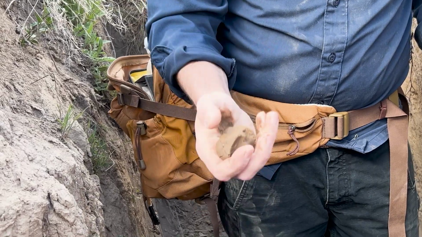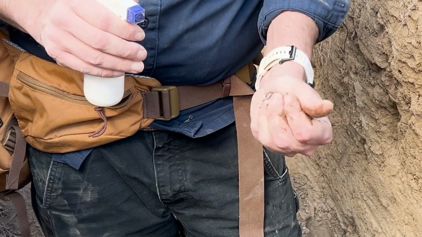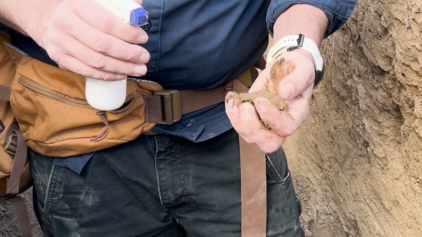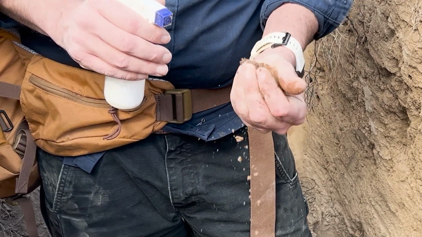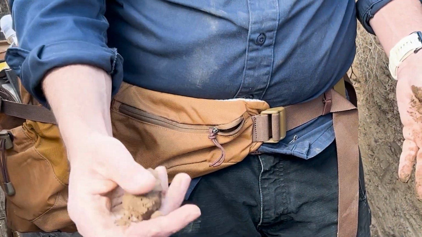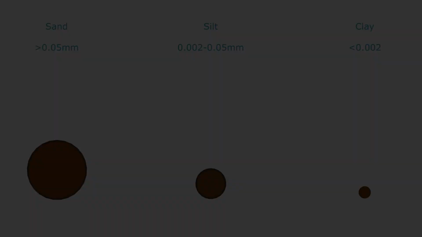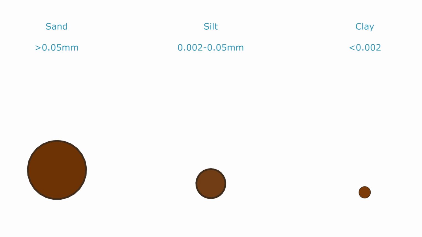Once you have a ball about the size of a ping pong ball or golf ball that is the right consistency, continue smushing, folding, and working the soil for a few minutes to break up any clumps the soil may have. This will ensure the following steps will not be affected by the existing structure of the soil. Now we are going to test this soil to see if it is considered sand. Again, it doesn't matter if you are anywhere near a beach. Sand is the technical term for soil with certain sized particles.